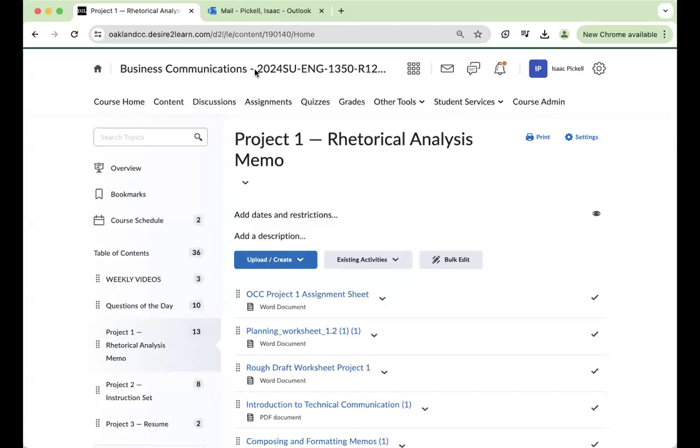It doesn't have to be polished, but it at least has to be an attempt to complete the assignment, which should include all of the different aspects of the assignment, which we went over in last week's video, which we'll go over again in today's video. Let's share the screen and get to it.